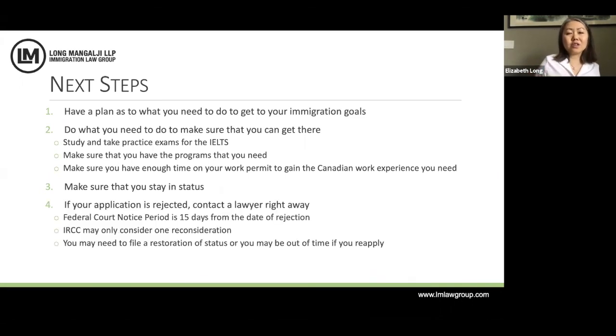If your application is rejected, you must contact a lawyer right away. Do not sit around hoping things will change, okay? There are very strict periods of time when you can go to appeal. It's called a judicial review of your application at the federal court. If your application is made in Canada, it's only 15 days from the date of rejection, okay? Also,